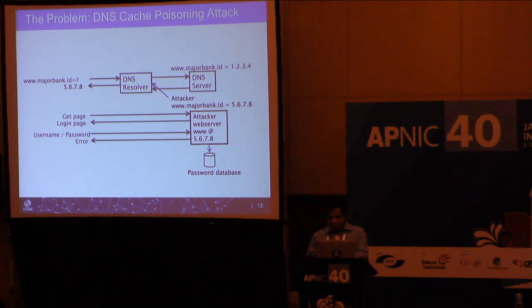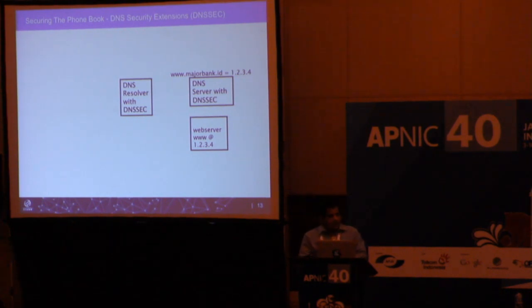So this is where we now have to think about DNSSEC and how DNSSEC can actually protect this kind of situation. Basically, in this case, it's cache poisoning, right? So if we can then implement DNSSEC, say, for example, in your authoritative server, right? So your authoritative servers, in this case, are for majorbank.id. There are multiple authoritative servers. So if their data is signed,